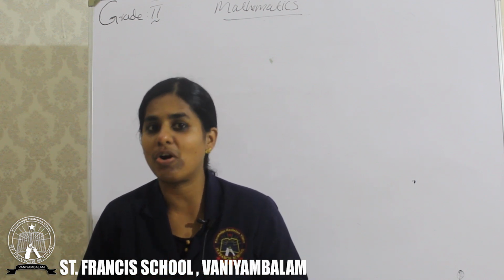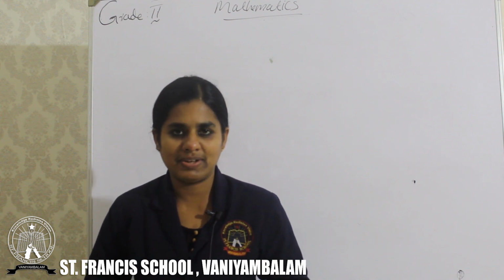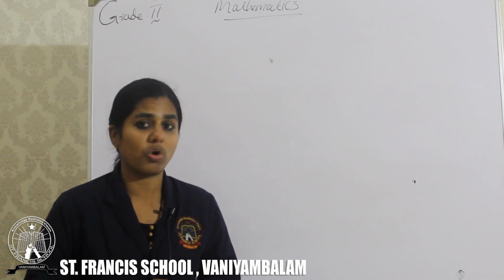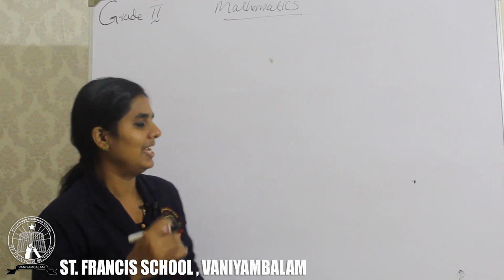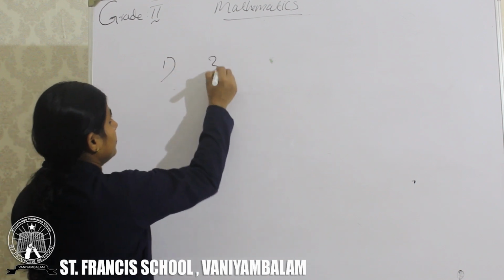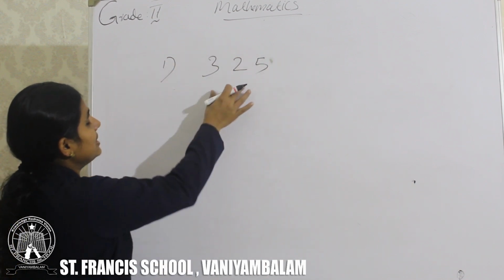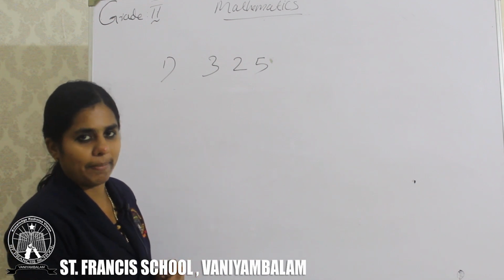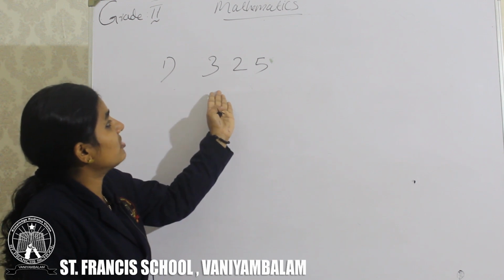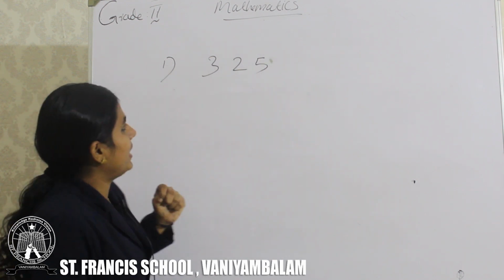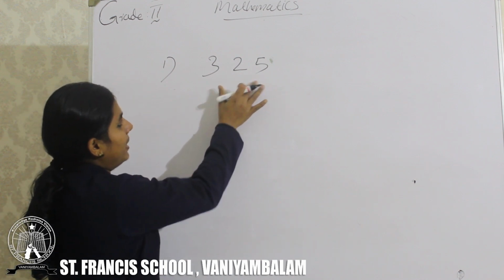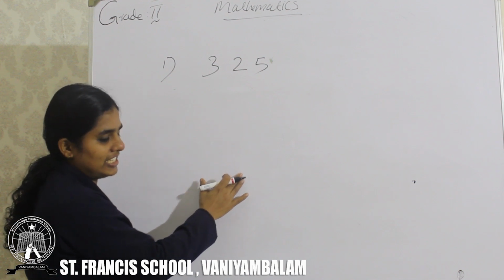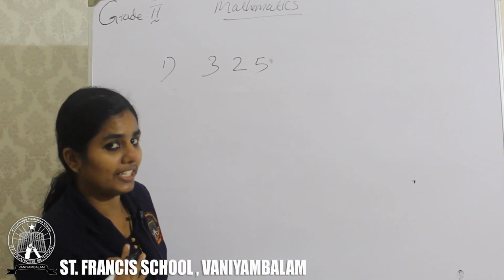Before that, just to recall our previous classes. In our first class we learned how to write the number names of 3-digit numbers. Listen here. This is the number I gave you. We can see how to read this number, that means how to change this number into number names. First, what do we want to do? We know the place value chart of a 3-digit number.